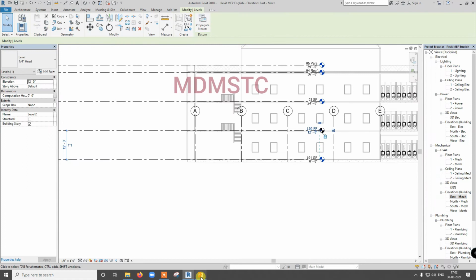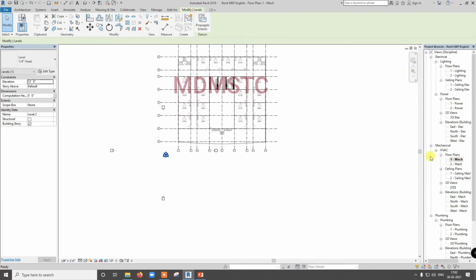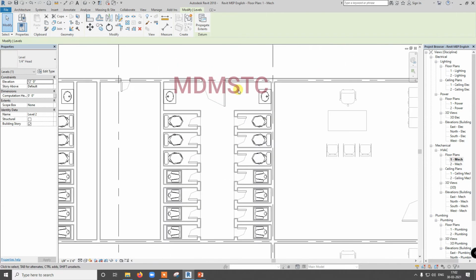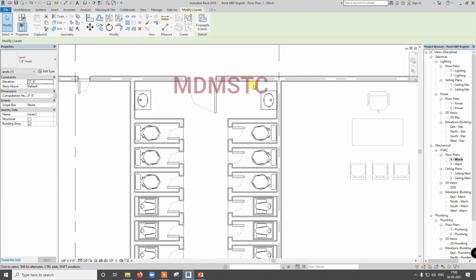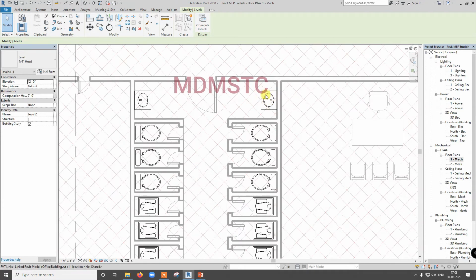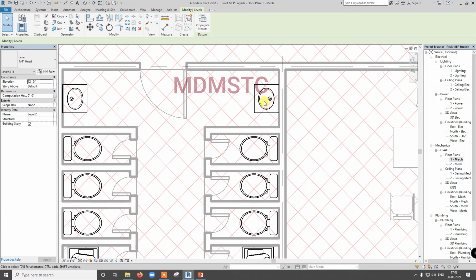What other things do we need to copy monitor? When the architect makes any changes, whether it will affect you or not, depending on that, you need to do copy monitor. For example, you are doing HVAC design and the architect changes this wash basin position. Normally it will not be affected. For plumbing, obviously it will be affected, because I want to make the plumbing connection for this.